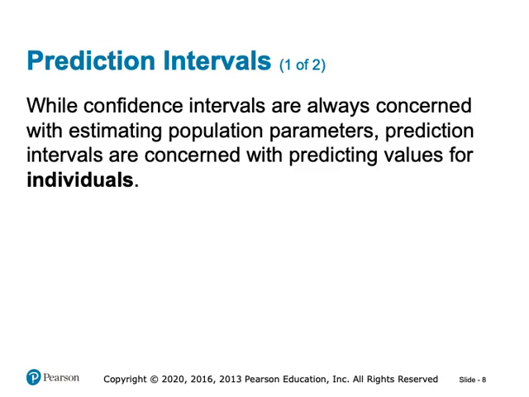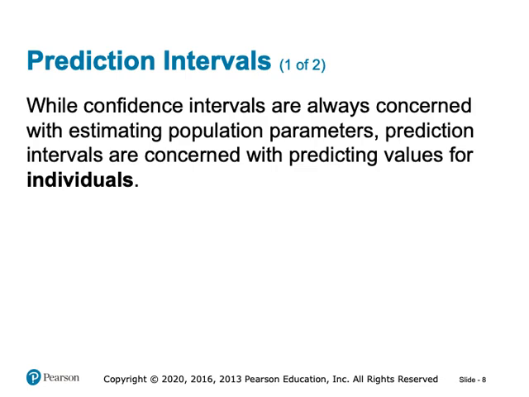This could be, for example, predicting the mercury level in a specific fish caught in our lake, given the pH level of the water. Since individual outcomes tend to show more variability than group averages, prediction intervals must account for this additional uncertainty. This is why prediction intervals are generally wider than confidence intervals. They need to encompass the greater variability that comes with individual predictions. As we proceed, we'll discuss how to calculate these intervals and interpret them in the context of real-world examples.